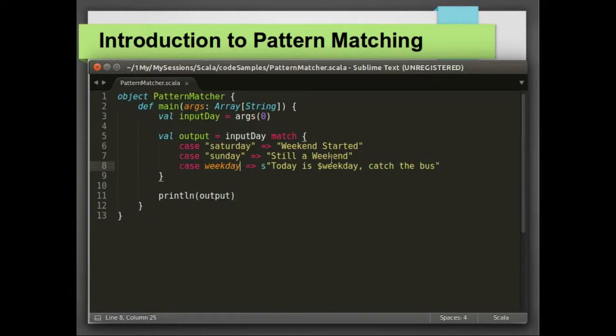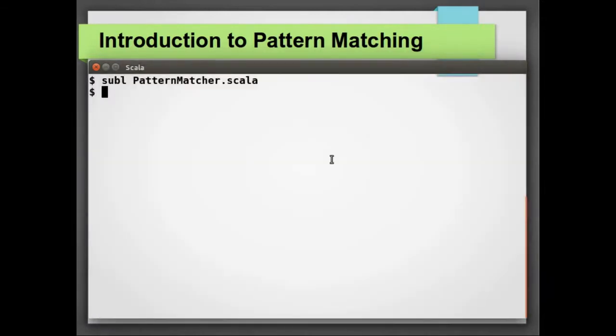Another common way of achieving the same effect is to use the placeholder variable underscore. Underscore is a way of telling Scala to match anything. In this case, underscore will match the pattern input day. But there is one thing you need to keep in mind while using underscore: you cannot use underscore on the right hand side of the arrow.